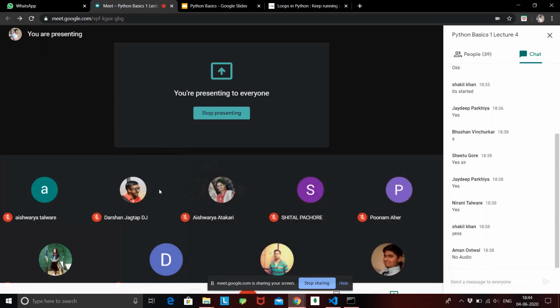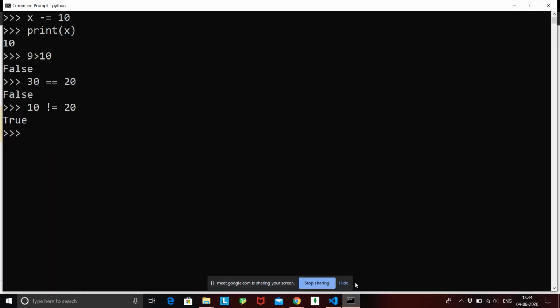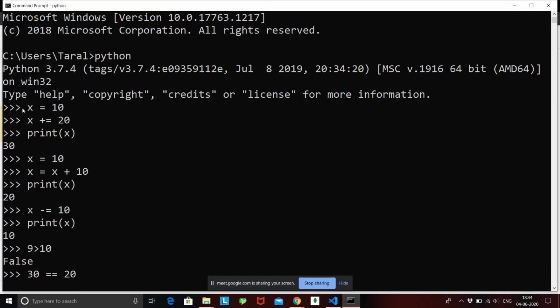Fine. So this was just a quick overview of the operators. We'll be seeing and, or, not later on. Next, you might be wondering how we can take input from the user. That is a very important thing, right? How can a user input something into my program, so that I can process it or store it inside a variable? Until now we have been assigning the variables on our own, but we don't want that anymore.